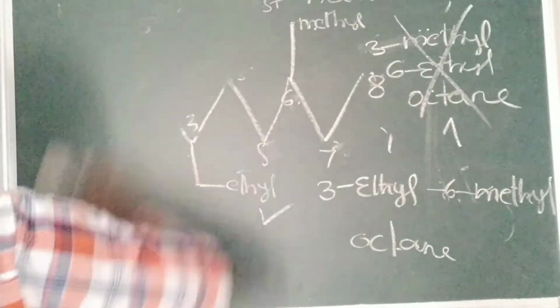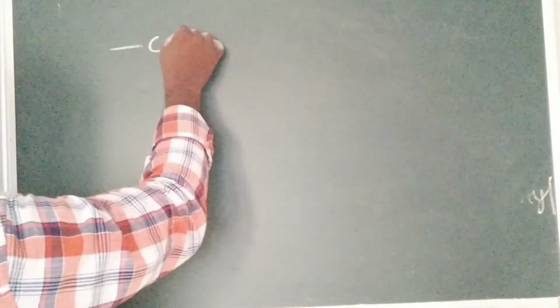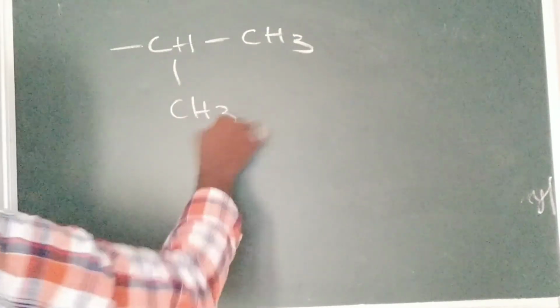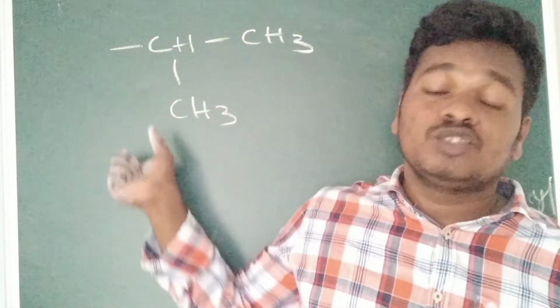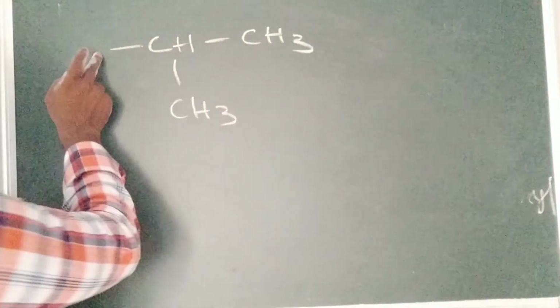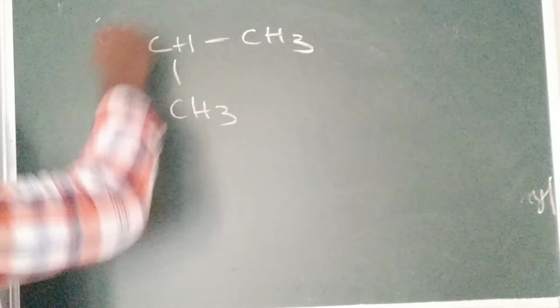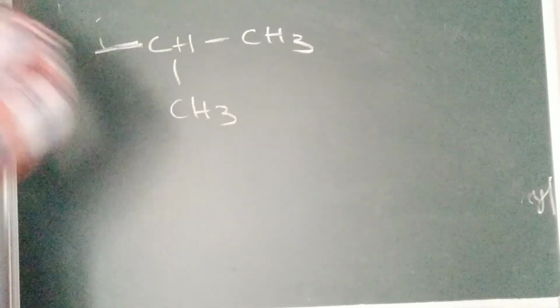Now, just now we have seen the simple branch chains. For example, some branches are complex, in the sense of having more than 2 carbons. So for example, how can you name CH, CH3, CH3? This is not a main chain. This is already attached to the main chain, so it is called a branched chain substituent. It is attached to some other chain, either 6 carbons, 7 carbons, whatever it may be, indicating that it is already attached to some other chain.